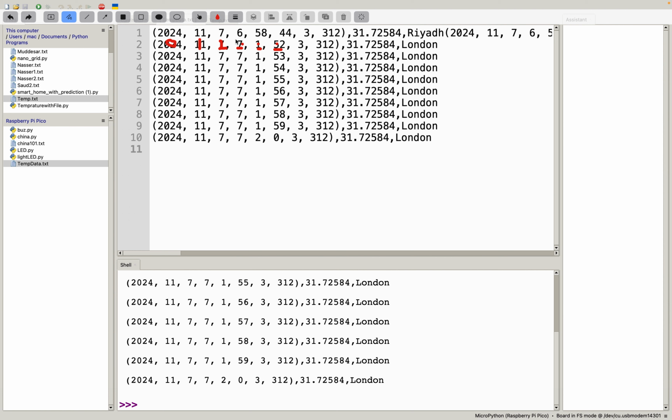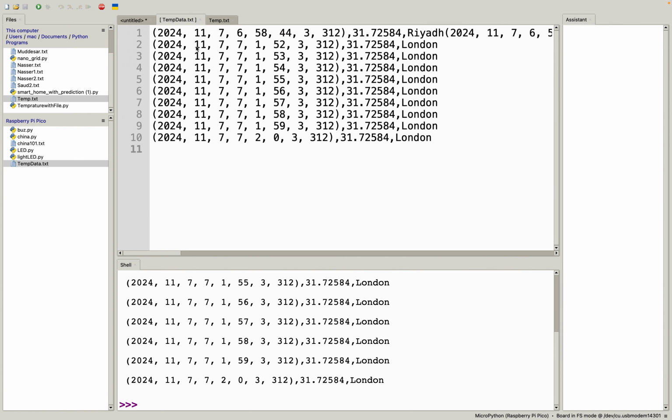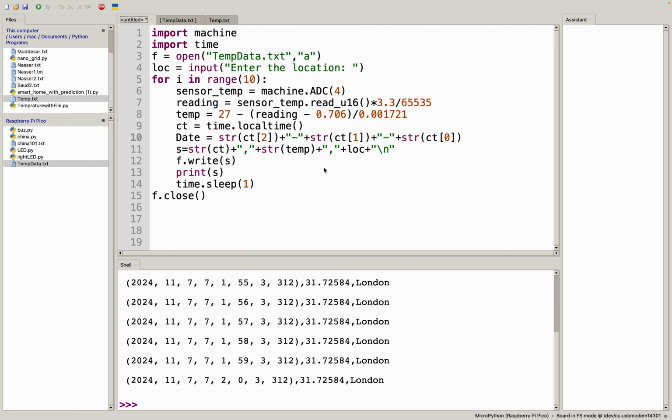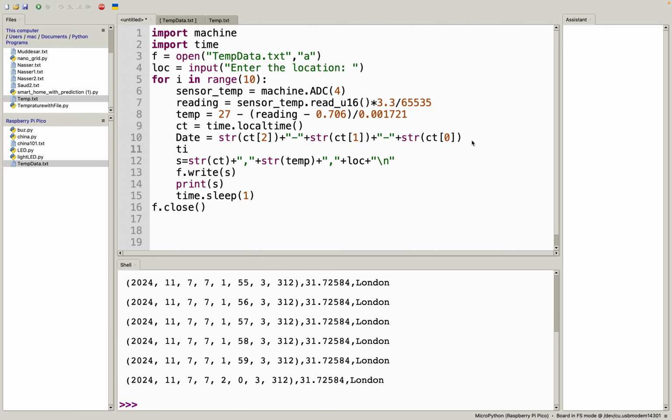So that would be ct3, this would be 4, this would be 5. Why? Because start from 0 0 1 2 3 4 5. Now I need to pick up 3 4 5. Very simple. So that would be my time. I got the date. Now I need to pick up the time. T, I can put T here, time. So it will be ctr what? CTR, first I need to convert it to CTR. That would be